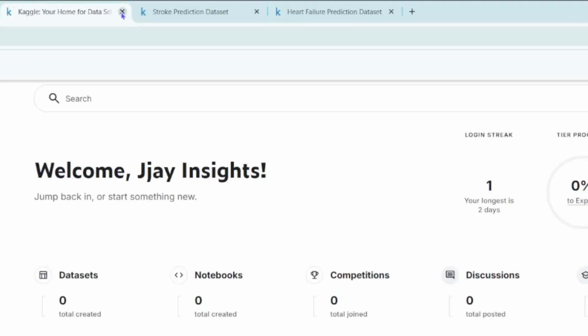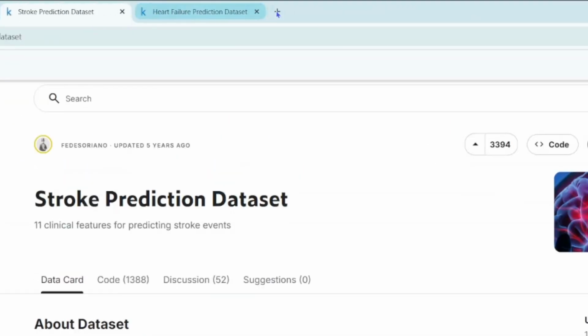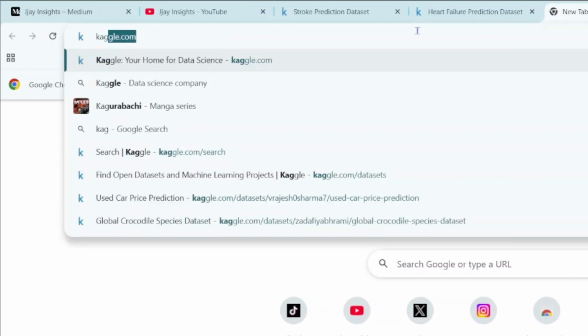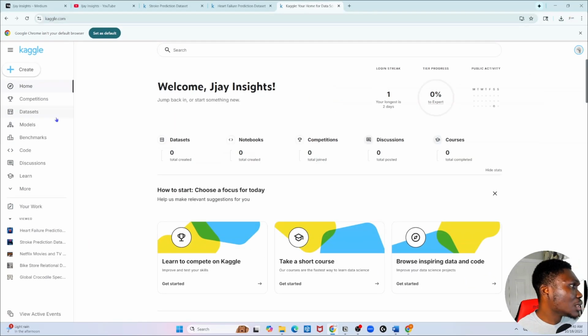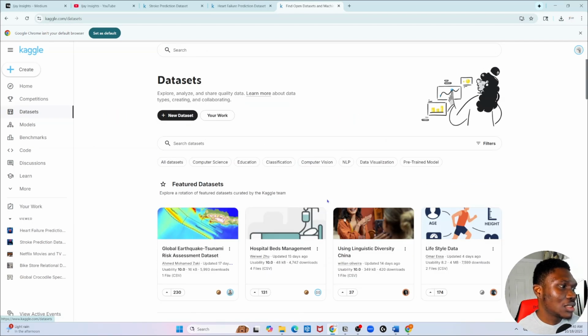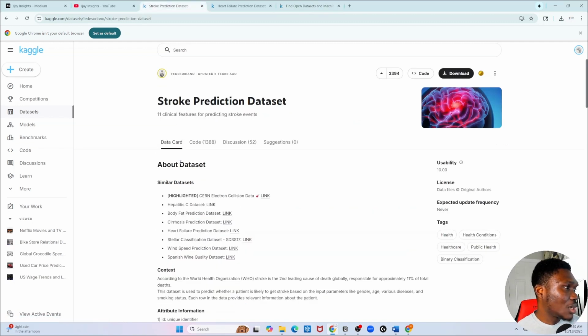So first of all, we want to at least get a data set that we want to use, and I've actually made a video on how to get a data set from Kaggle. I love Kaggle because it's just easy to download and walk through. So I'm going to link in the video where you can also know how to get data from Kaggle and how to get your best data yourself. But just go to kaggle.com, click on Dataset. Make sure you do have an account created, sign in so that you can be able to download data from Kaggle. But I took my time to find a good data set, and this is the one I'm using, stroke